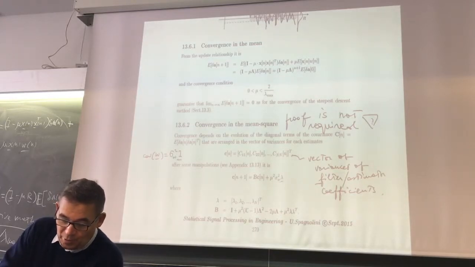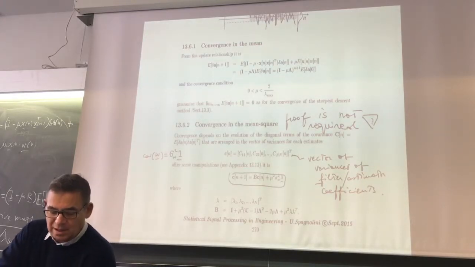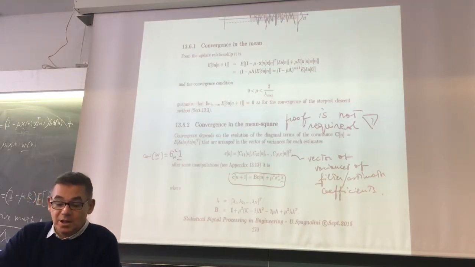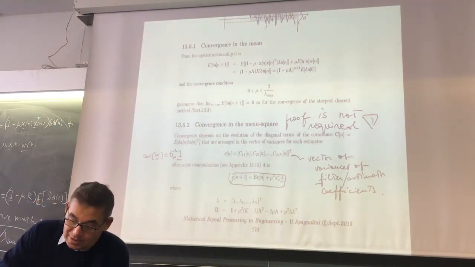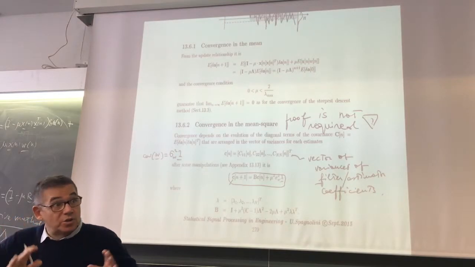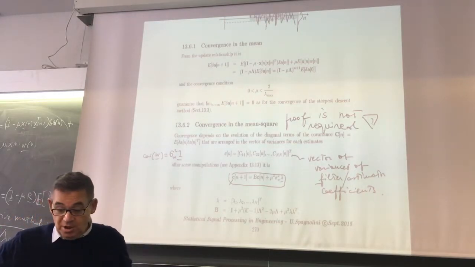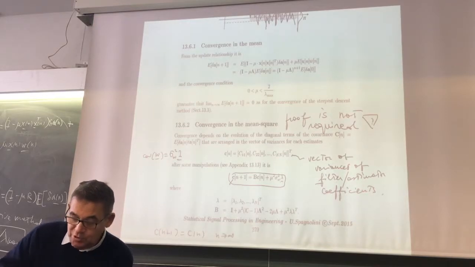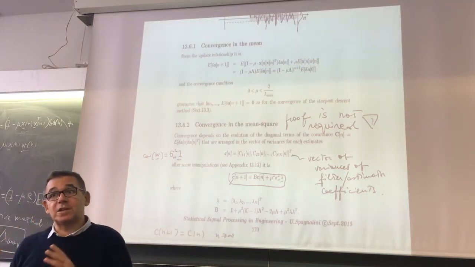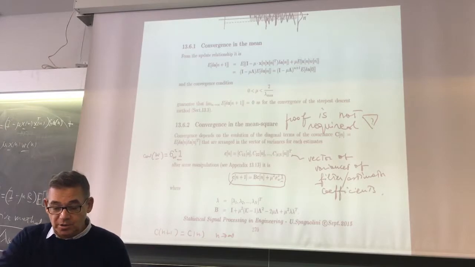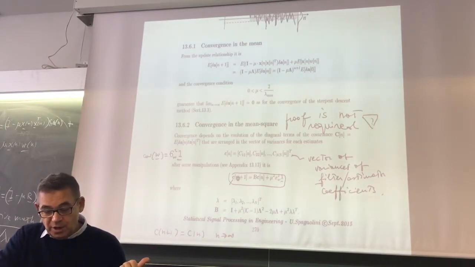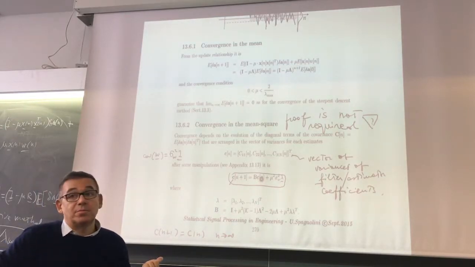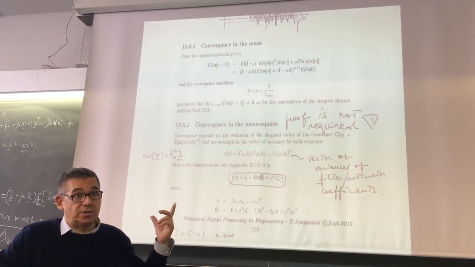once I got this, let me tell you how to manipulate this formula. Once I got this, it doesn't matter how complicated it is. What I want is the variance. It's a vector of variances. So if that one is converging, what I need to get is that Cn plus 1 is converging to Cn for n going to infinity. So for the infinite, if that one is converging, the term on the left and the term on the right should be the same at convergence.